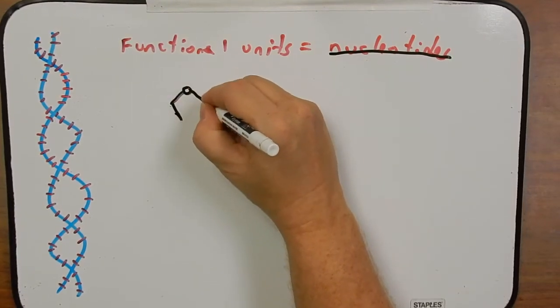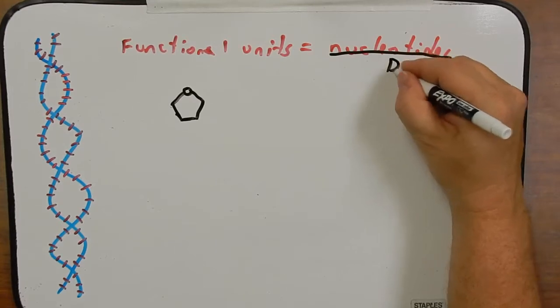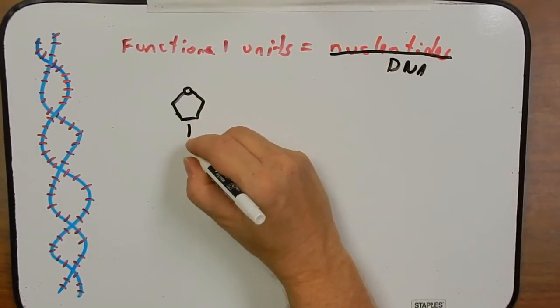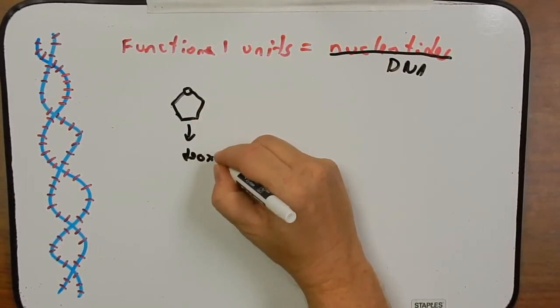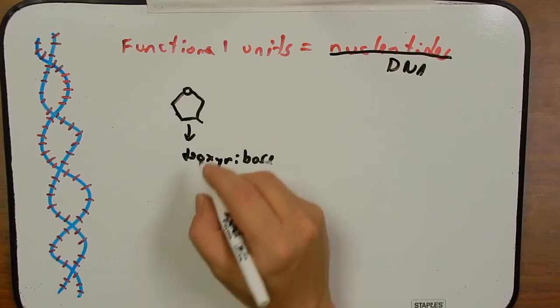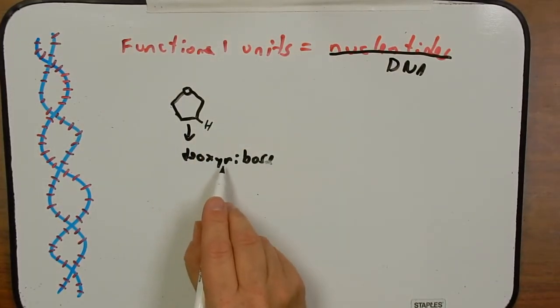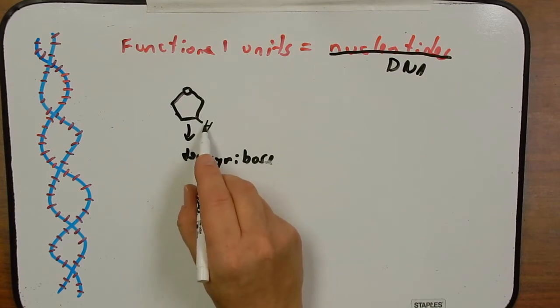Nucleotides, in this case we're going to talk about DNA specifically and not RNA. So the nucleotide for DNA contains this sugar, and this sugar is deoxyribose. And the reason we call this deoxyribose is because of this 2' carbon, it has a hydrogen. Ribose, if we get rid of the deoxy part, the sugar ribose found in RNA has an OH there.